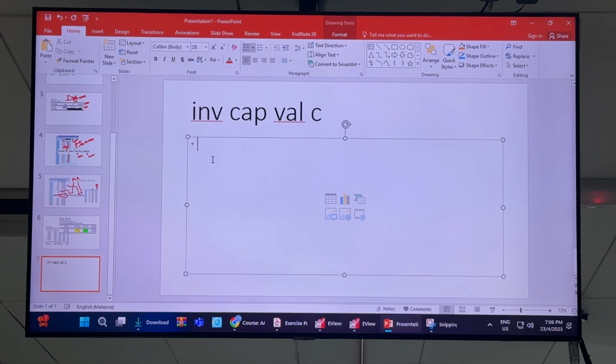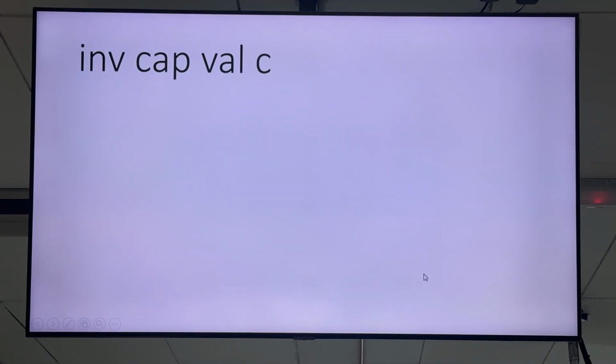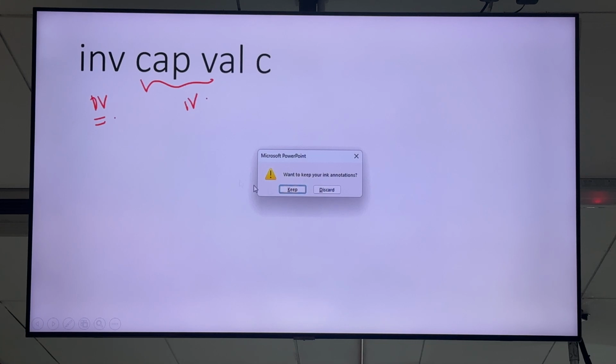So in EViews, it starts with the dependent variable first. EViews starts with the dependent variable first, and then followed by the independent variables. And then the constant you can put here or in the middle or the last also can, right? But don't put it at the start because the first one should be your dependent variable. That's a priority. So after you type this command,